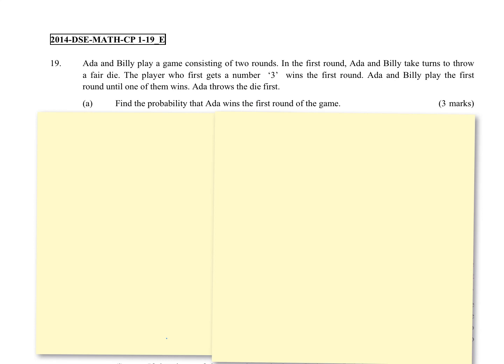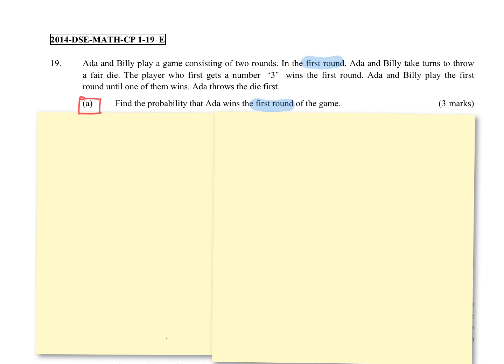So this video will be about a conventional question in Paper 1 of DSE about geometric sequences and probability. Ada and BD play a game consisting of 2 rounds. So this is the first round, part A. First round,